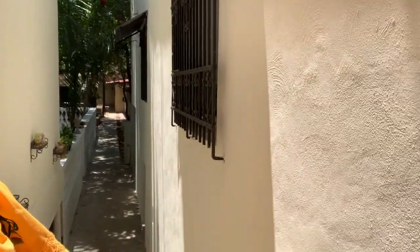Okay, ready to see outside? Here we go. I've got to walk backwards down the stairs. Hold on. You can see we just finished painting this part of the house and this part of the house. Here we go. It's pretty hot today, about 100 degrees, maybe 99. And first stop, one you might have been waiting for, is our